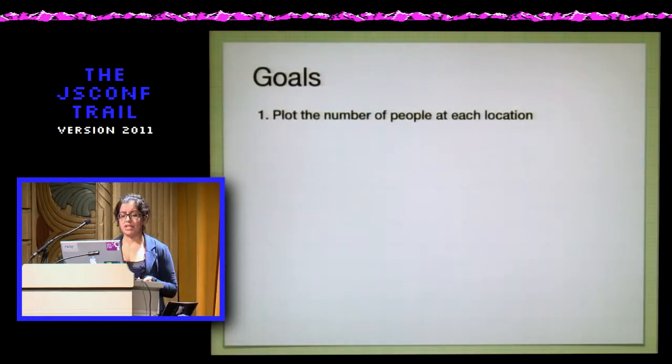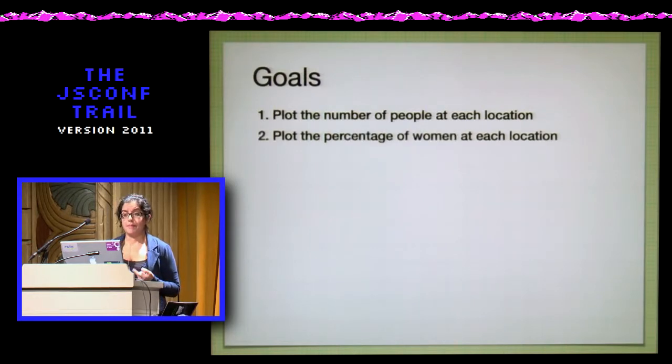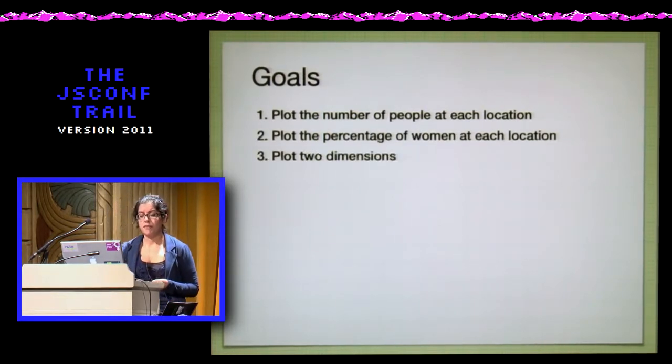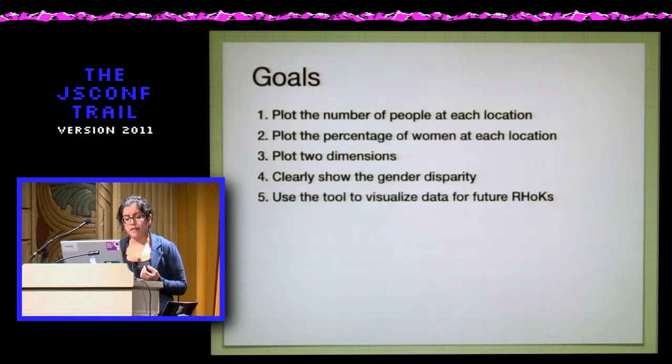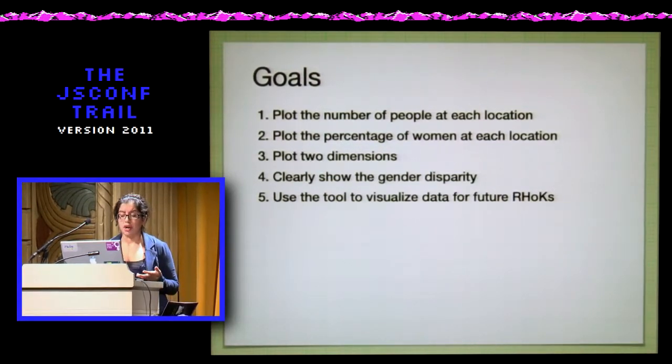with our goals being, 1, to plot the number of people at each location, 2, to plot the percentage of women at each location, and 3, be able to plot both 1 and 2 on the same chart. 4, clearly show the gender disparity, and 5, be able to use this tool to easily visualize data for future RHOCs, because we want to continue the challenge and hopefully slowly increase the goal percentage as more and more women attend. And we also decided that we would take like 1 hour with each tool